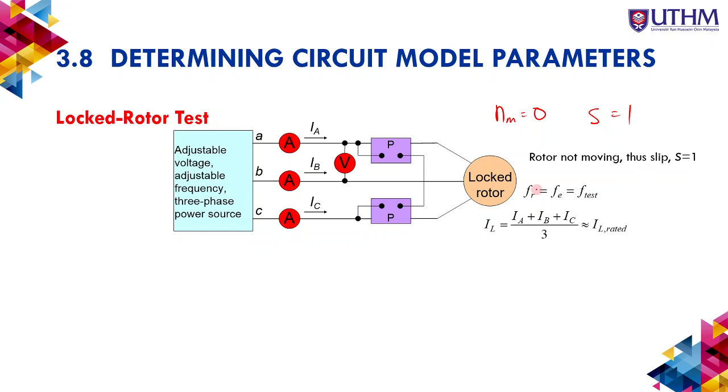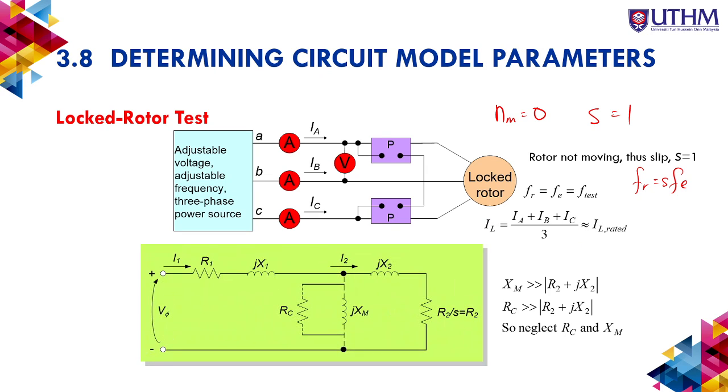Okay, so at this point also the frequency, if you still remember, the FR is equal to S FE. So now FR is equivalent to FE, equivalent to F test. The I rated, so at this point the I measured is the full load current. Okay, so this is the rated current. Since S is equal to 1,